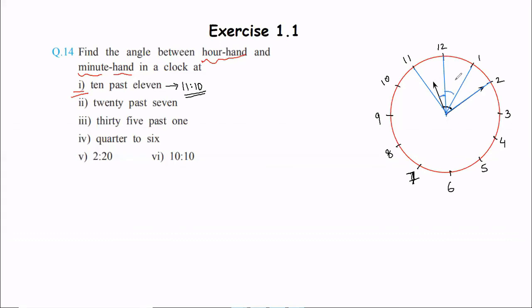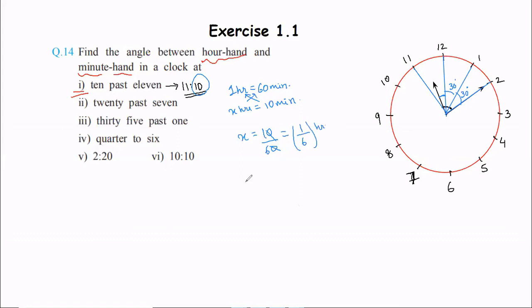So I need to calculate this angle, subtracting whatever is left. This is already 30, this is already 30. So I need to add whatever x I get. How will I find that? 1 hour consists of 60 minutes. So x hours will give me how many minutes? For example, I need to find the conversion for 10 minutes in case of hours. By the unitary method, cross multiply, you will get 10 by 60. So that is 1/6 of an hour.